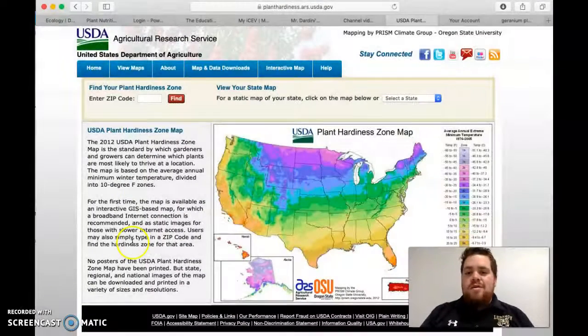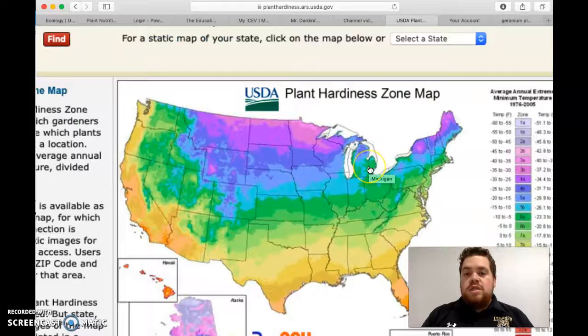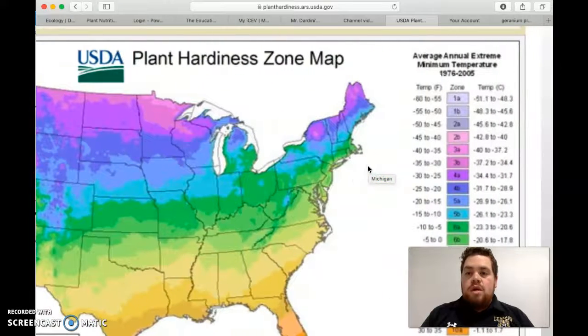So, what I've got for you today is a map of the USDA hardiness zones. If you've never heard of it, that's totally fine. This is a little tidbit of information that's usually on the back of plant tags, but it actually tells us a lot about where plants need to go. The way that it works is you can tell by the map that it's color coded based on climate. So the USDA assigns a hardiness zone